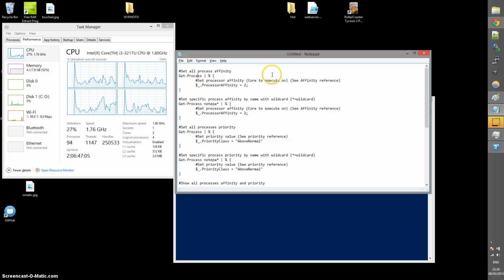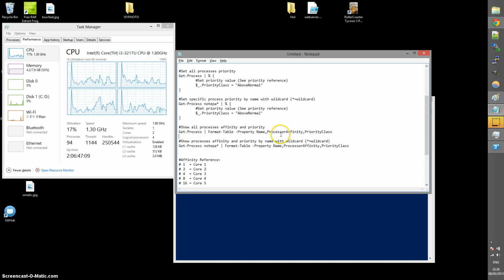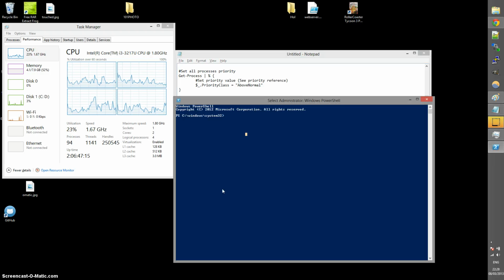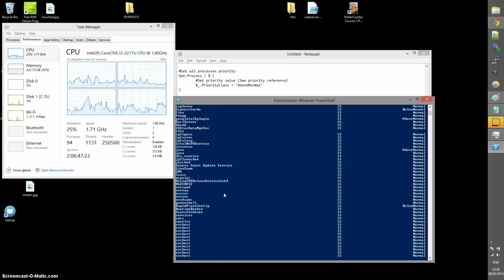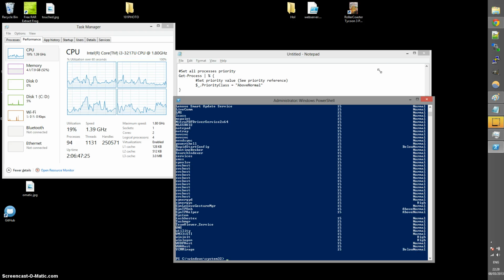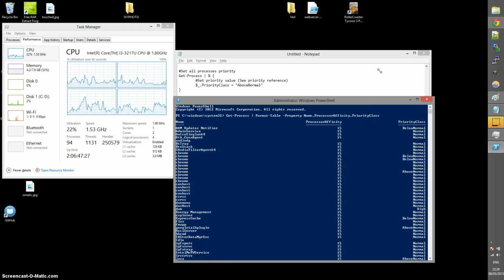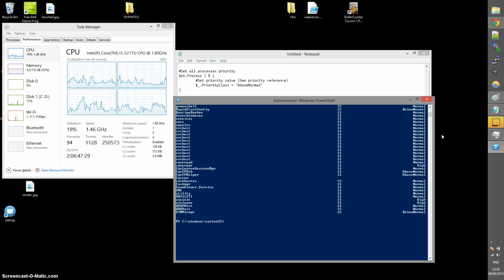The first thing I'm going to want to do is just have a look at how PowerShell is interpreting those processes. So I'll copy the function provided, and just paste it right into the PowerShell prompt, and I can see the affinity and priority of all the